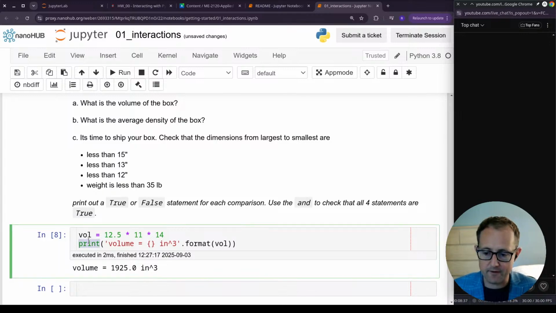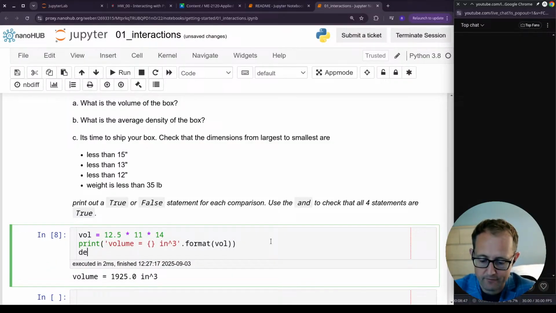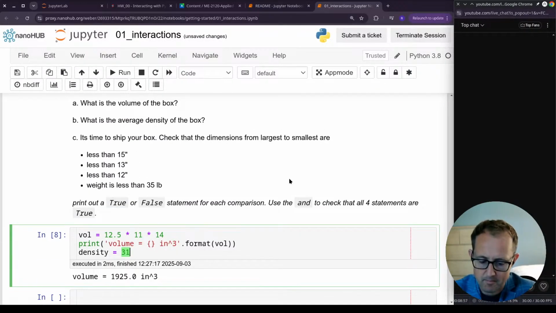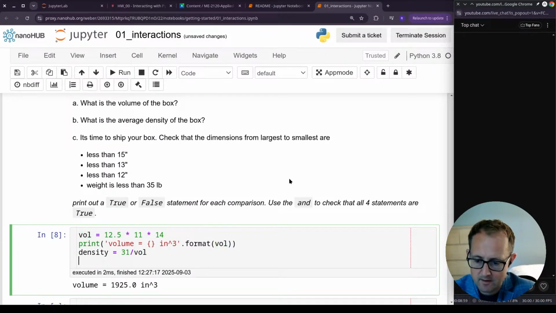And if I'm using print statements, I can do as many calculations as I want in one cell and print out the outputs from each one. So like here in the next line, where I want to figure out density, how many pounds per, or let's see, yeah, so we want 31 pounds divided by volume, and I'll say print